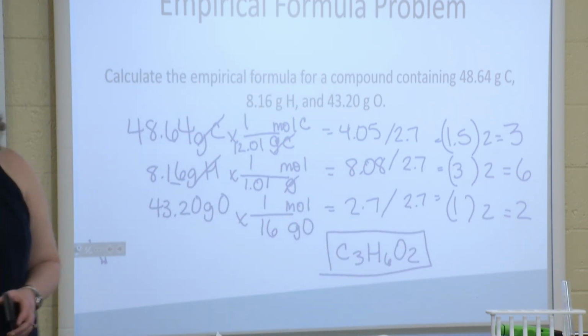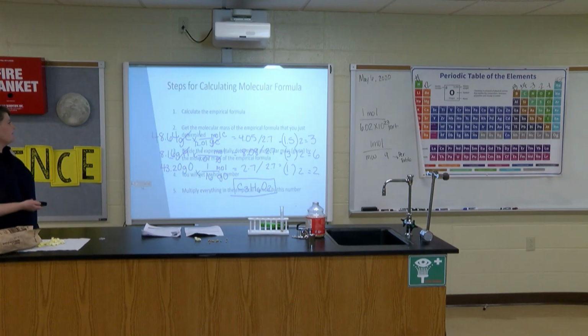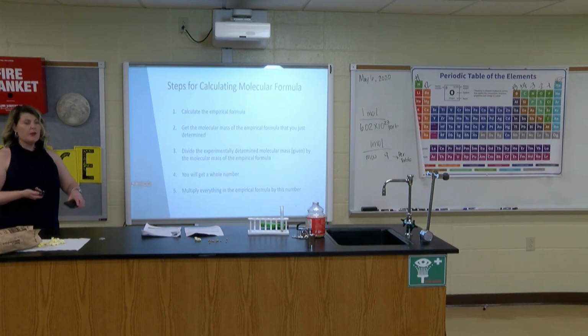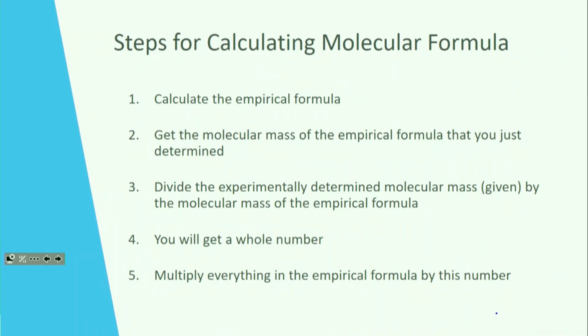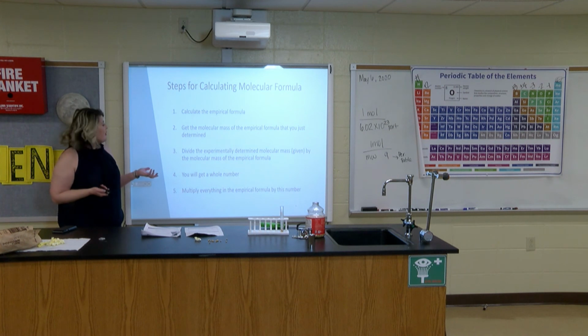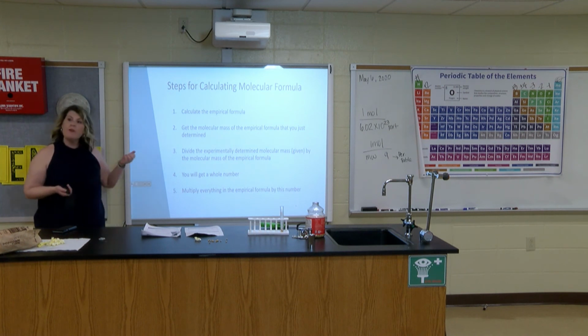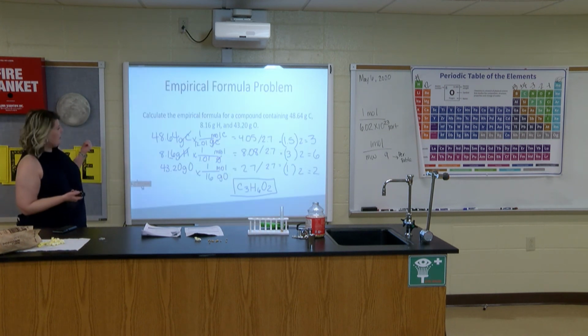All right, so let's look at one more of these, and I'm going to go through the next one pretty fast. We're going to go from empirical formulas to molecular formulas, which is the non-reduced form. Same steps. You find the empirical formula first, then they have to give you a mass in there. They have to tell you in the problem how much 1 mole of this stuff weighs. You're going to take the mass of whatever formula you just calculated. So for example, we did